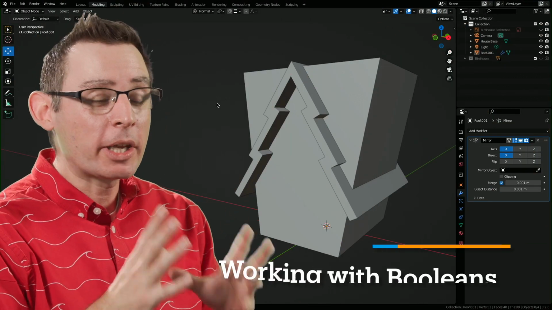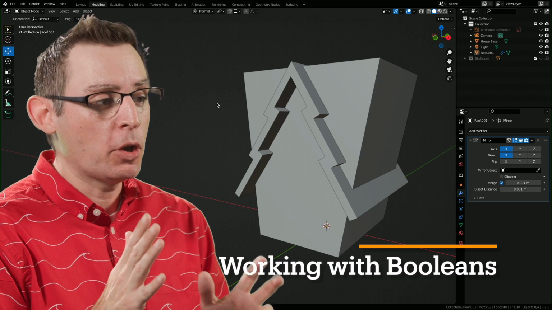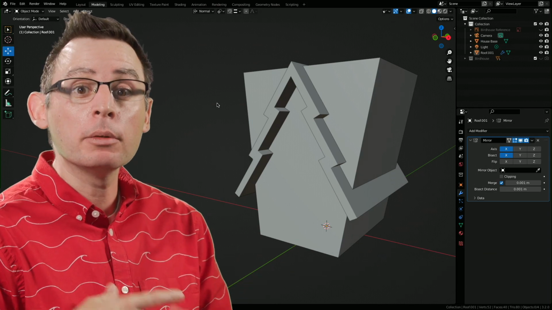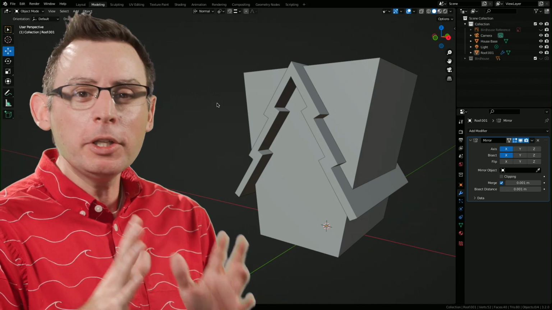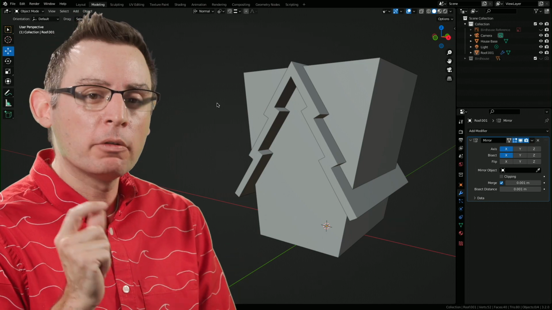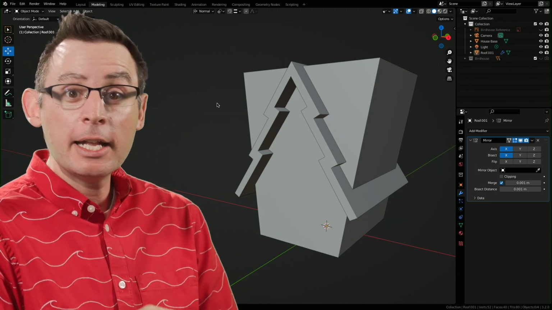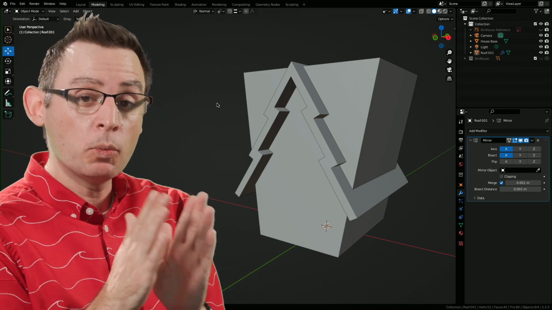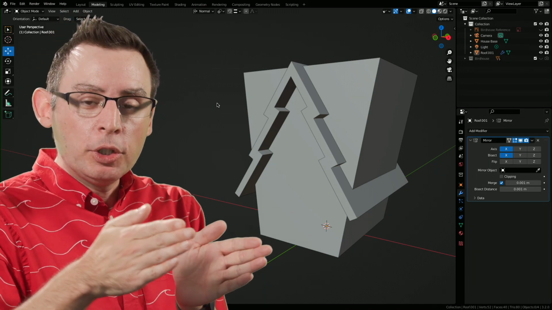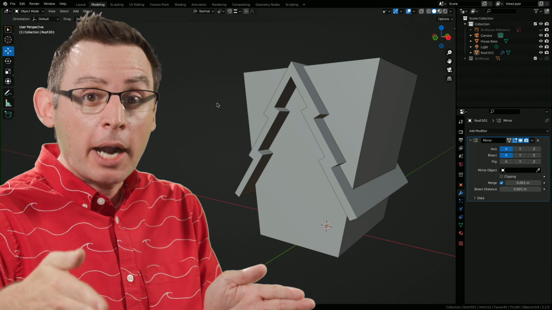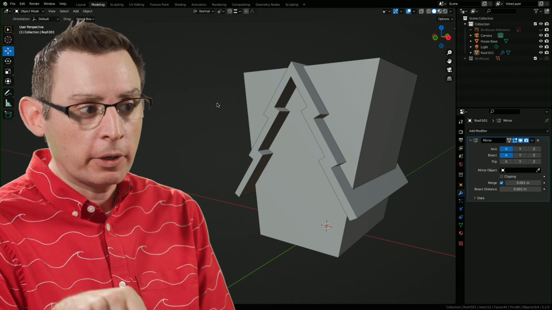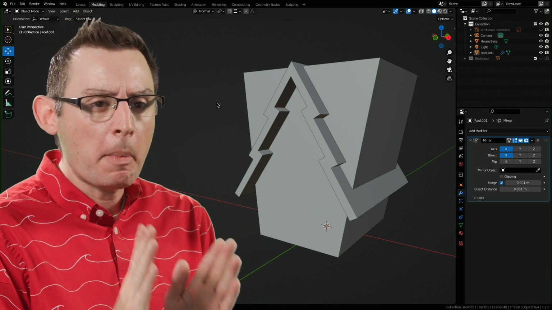I'm really enjoying working with my little birdhouse, and I've blocked out the overall form, so I'm ready to start doing the Boolean operations. Booleans are a fun little workflow, but it requires us to be very critical of the geometry that we've already created, because in every sense, the geometry on one object is absolutely going to delete, intersect, or add geometry to a different object. So we gotta be careful. We gotta be mindful of this.